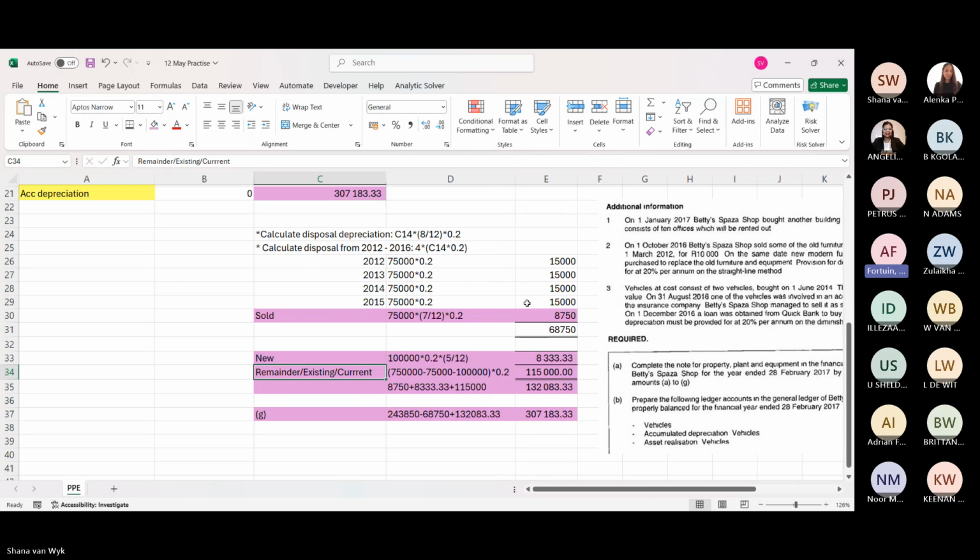I noticed right at the beginning you jump into it and you do the calculations, and that's room for error. So once you go sold, new, existing, or current, or whatever we want to call it, then we can work step by step through. And when you do sold, you take it year one. There she's got 2012. If you can just add that one in the column before that, you can just add 1 March 2012 till 28 February 2013, right? And then the next year is 2013 to 2014. Do it like that.